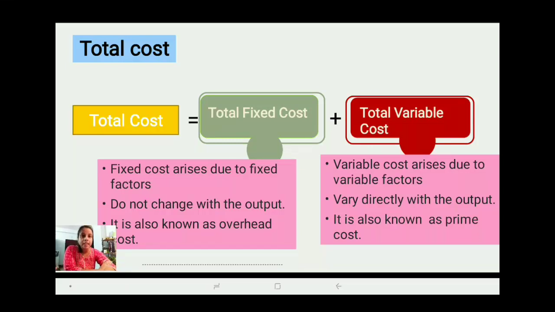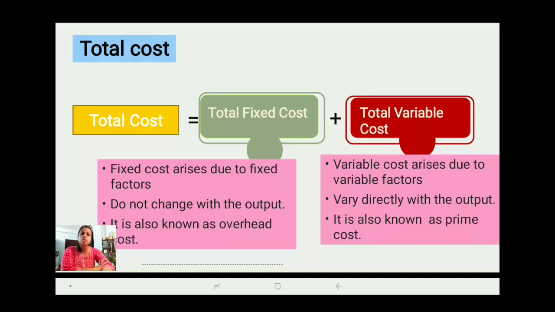Remember, here we are discussing cost from the short run point of view, not from the long run point of view. Traditionally there are two different time periods, short run and long run. So first we are discussing the short run cost. In the short run, total cost is total fixed cost plus total variable cost, because we have two factors, fixed factors and variable factors. For fixed factor there is fixed cost, for variable factor there is variable cost. And when we combine these two together, we get the total cost.